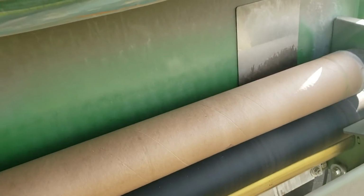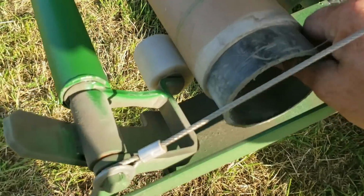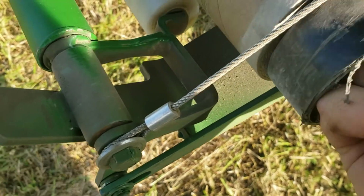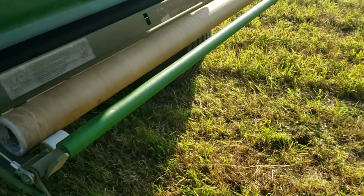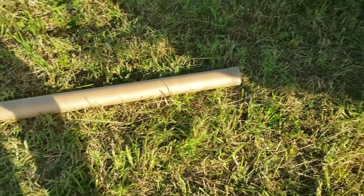So first thing is, pull this tube out, pull the John Deere spacers out, because I don't use edge wrap. Edge wrap is kind of dumb, because when you put a bale on the ground in a feeder, the wrap is underneath the ground and you can't get it. I really don't know, it just makes it look nicer, that's all. And it's more expensive. I like keeping these tubes. They're fun to play with. Anyway,